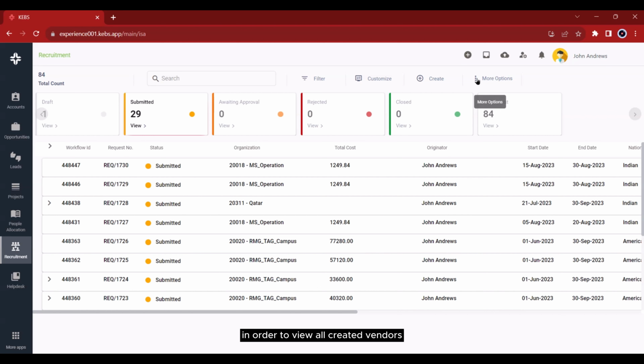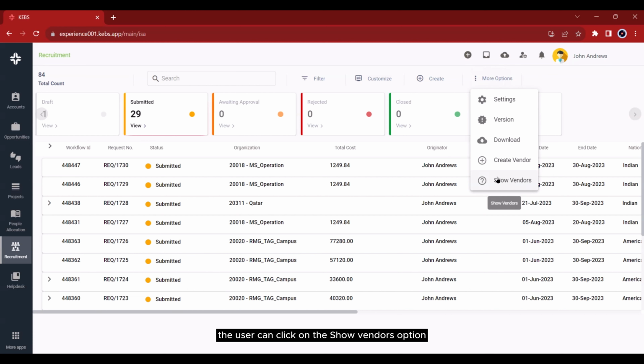In order to view all created vendors, the user can click on the Show Vendors option present in More Options